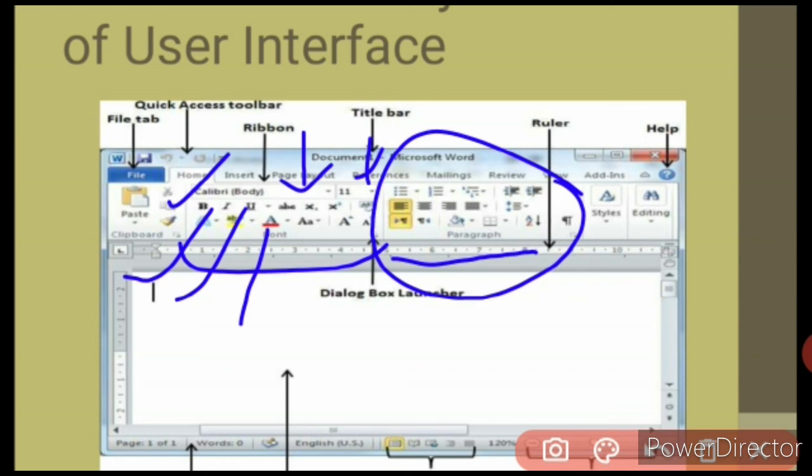Okay, font face means which kind of text type you want to apply here, like Calibri body, Times New Roman, Arial Black, only Arial, Algerian. These are all font face types. And font size means how large a size you want to apply on your document, 11, 24, the standard size is 12, right? According to your choice you can apply as much as you want. So these are the basic options of bold, italic, underline, font face and font size.